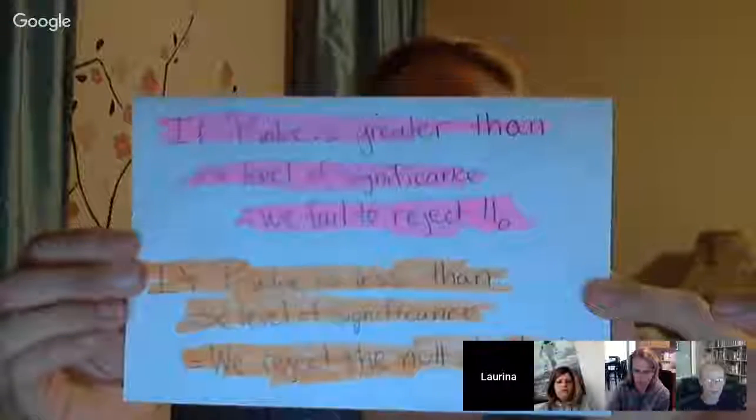Yep. Okay. You guys can't see this, but I'm going to show you. I made a little thing and I highlighted it and I stuck it up on the bulletin board, because I got tired of trying to figure it out every time. Remember, if P is low, reject the null. That little poem made this work better for me. I needed it spelled out more. And trust me, I understand.